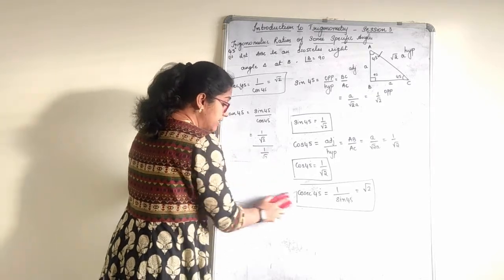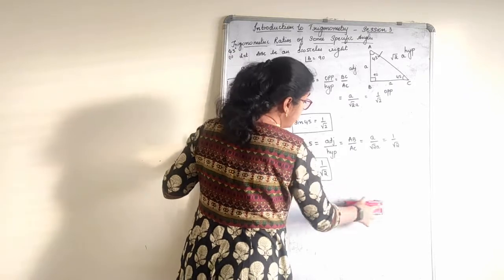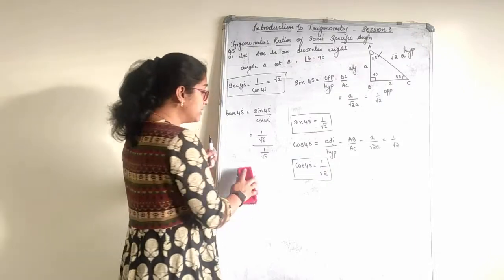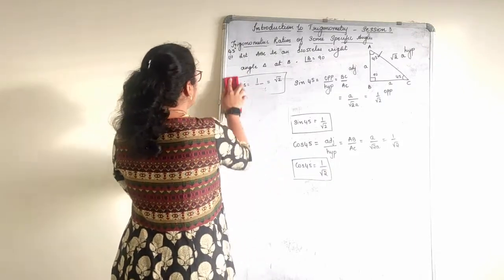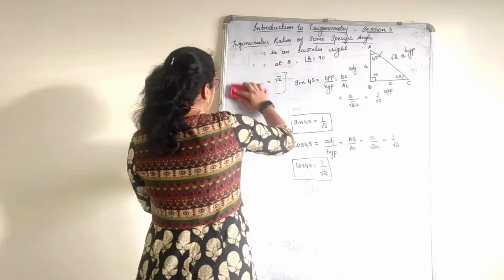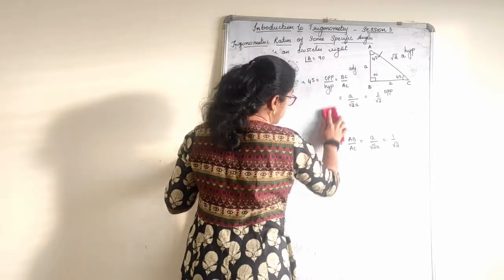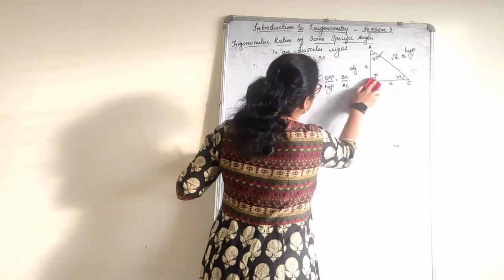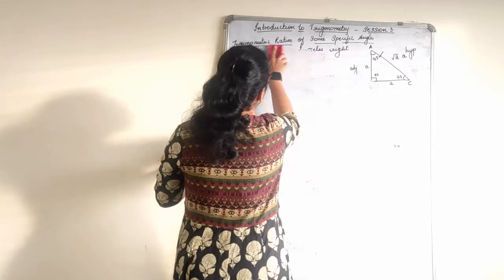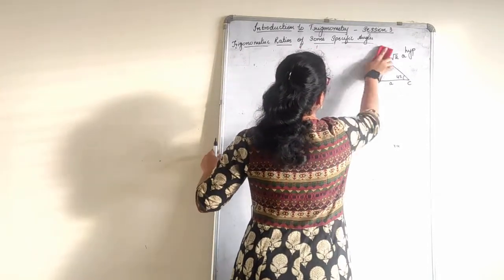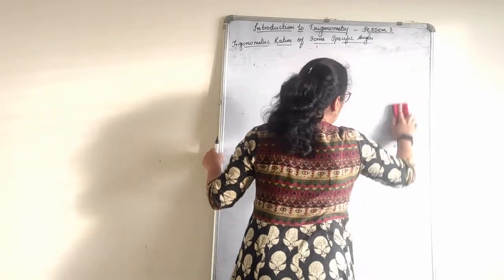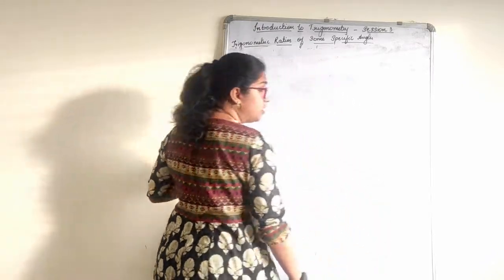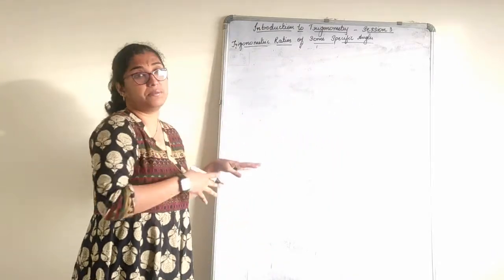Now for 30 and 60, it's not a right angle triangle. I mean, we want a right angle triangle because T ratios are always with respect to a right angle triangle, but the main figure we consider would be an equilateral triangle. So let us consider an equilateral triangle. This derivation is important because in case they ask, you should know how we arrived at those angles, rather than just learning them by heart. You should know the actual basic concept behind that.